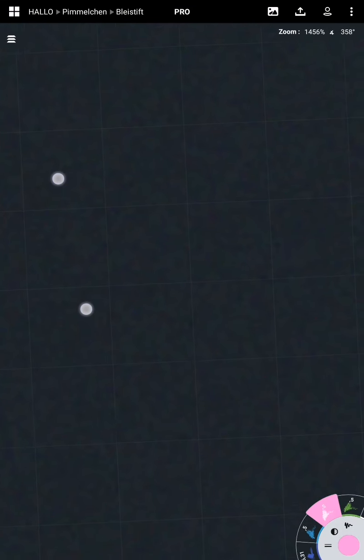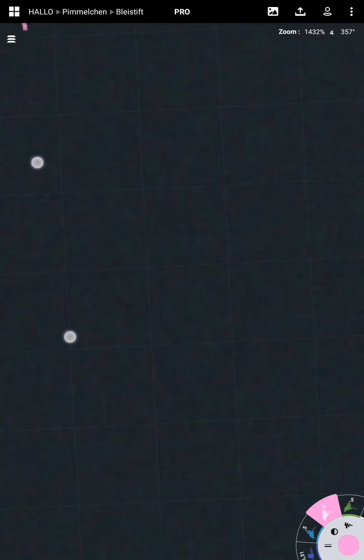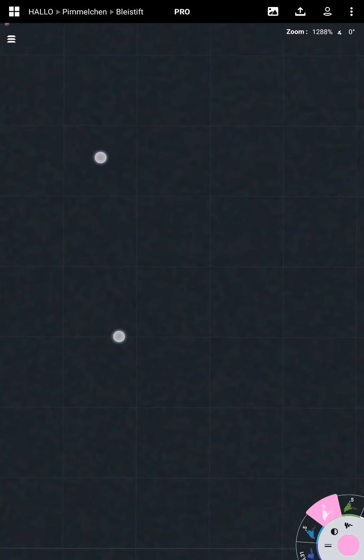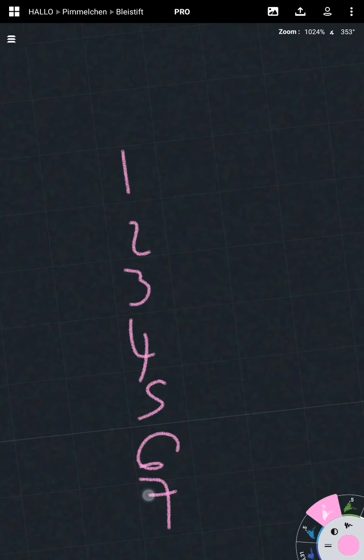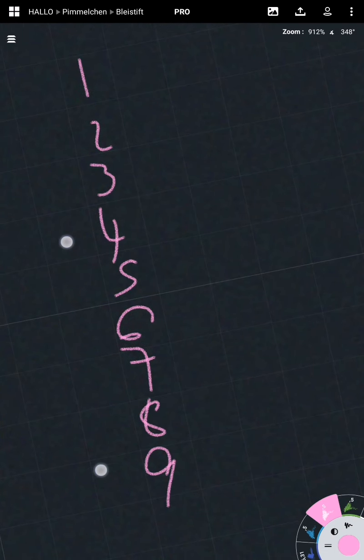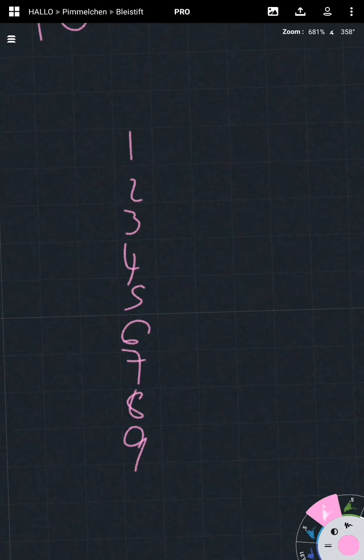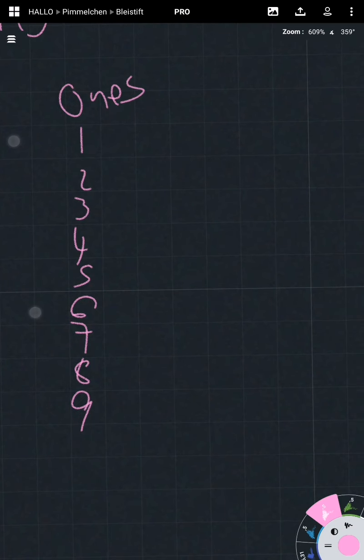So this is basically how our number system works. If you just count the integers, positive integers, maybe including 0, like you have 1, 2, 3, 4, 5, 6, 7, 8, 9, and if you have another one, this is what we call the ones, and if you add one more, let's say +1, then you must